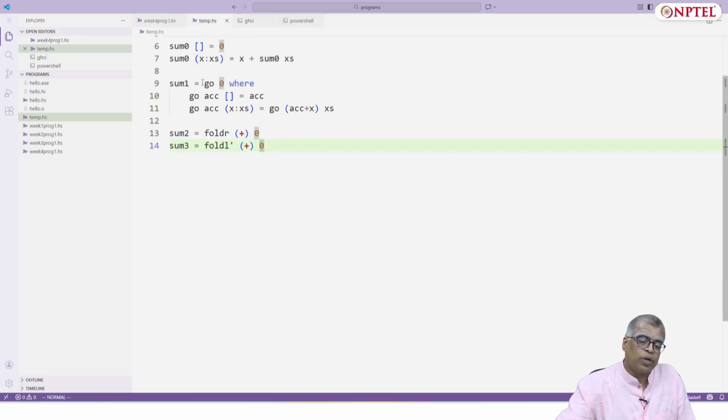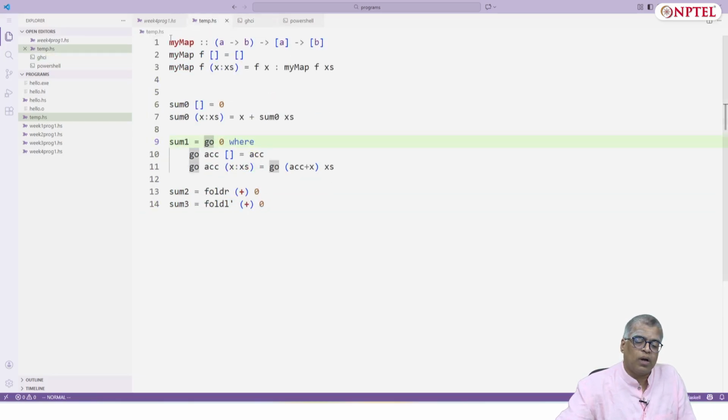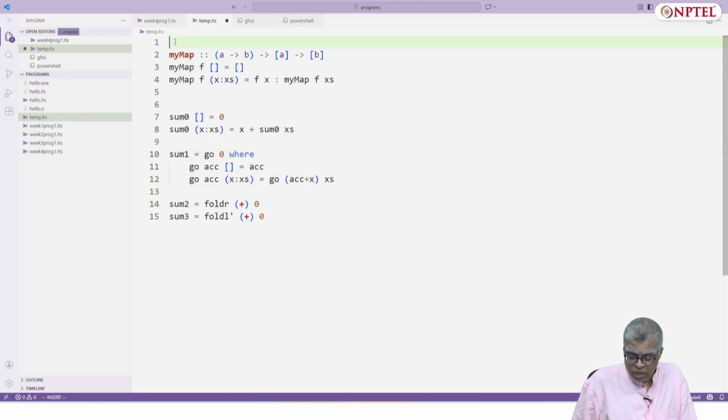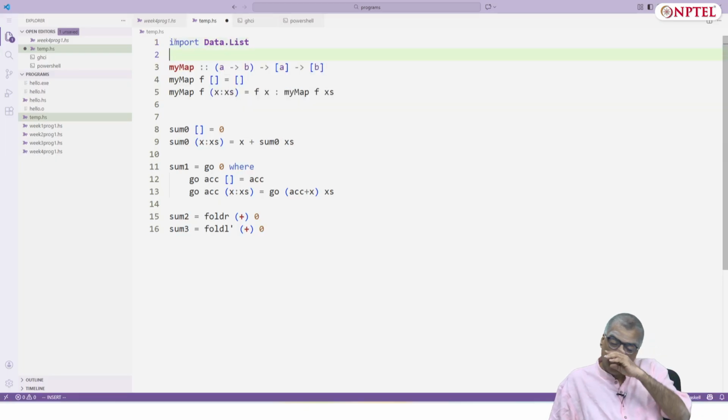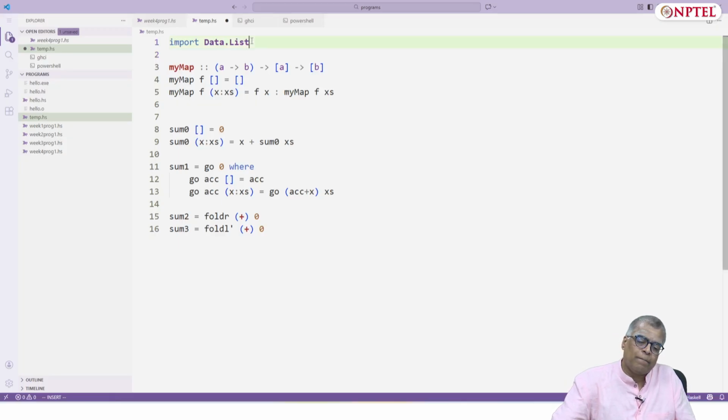So what you need to do is to go up there and on the topmost line say import Data.List. That will import all the definitions that are in Data.List, but sometimes you might want to be more selective.